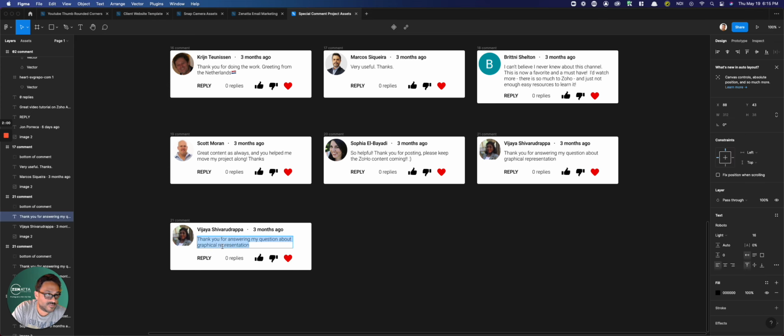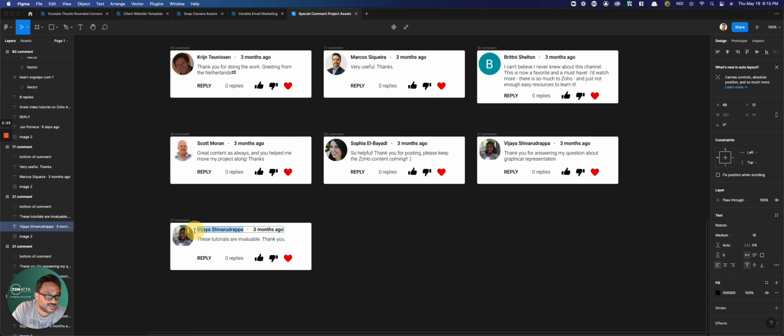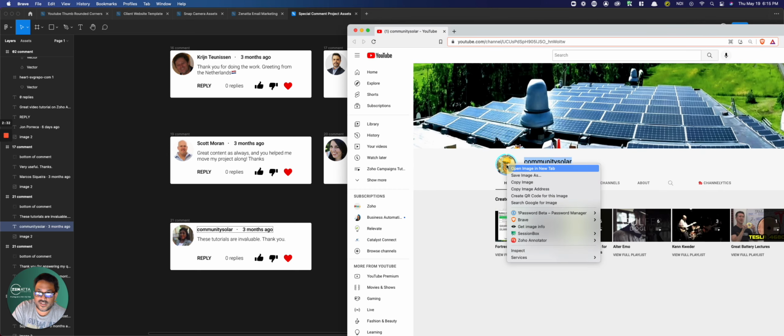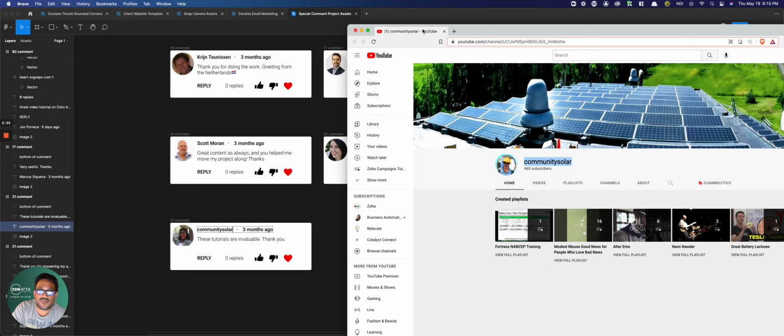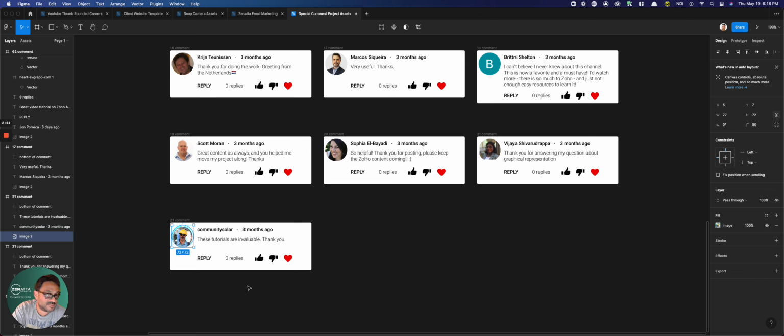And you basically double click on that and hit Command V or paste, and then that text is in there, and it's set in the Roboto font, just like all the other ones are. So it automatically does that for you. And then I can take the name of the person who made this comment and just copy it into here and hit paste. And then if I right click on his picture and hit copy image right there, then I can just double click here and paste the image in there, and it goes